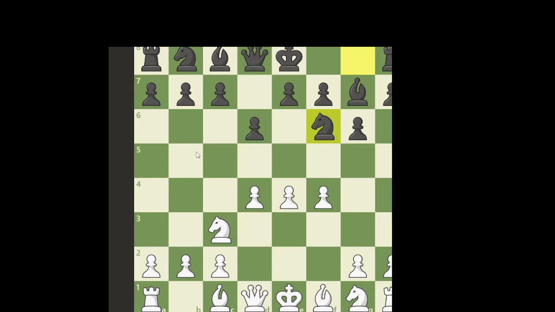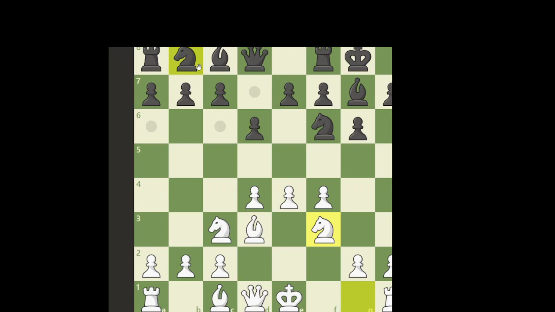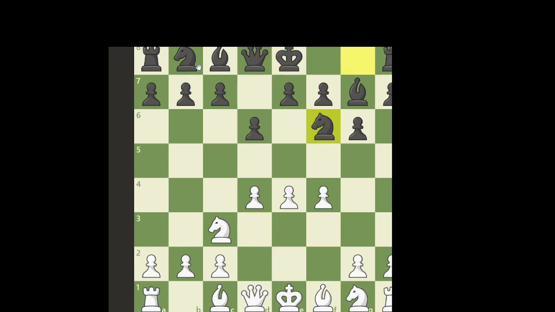Okay, knight f6, and here White's main move is knight f3. Also, there is bishop d3, but after short castle, knight f3 arises the position which we will examine later. Knight f3. The disadvantage of this move is that there is the c5 break, and we will cover this break in this video. So c5 is a very logical move,